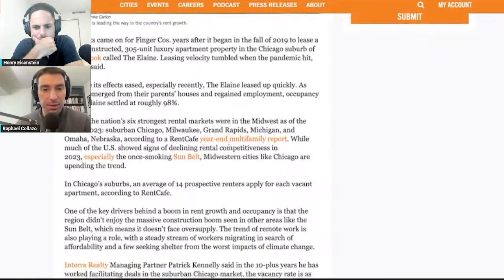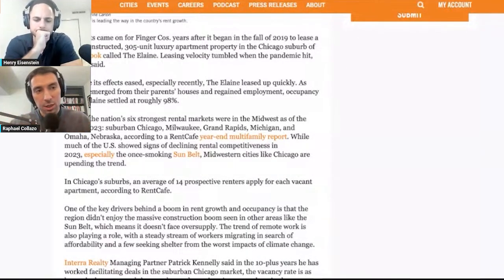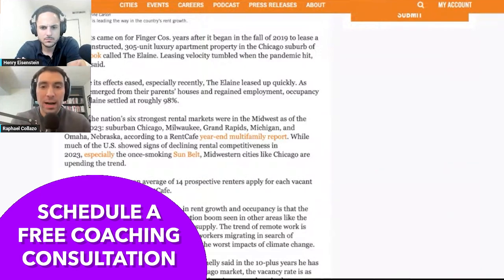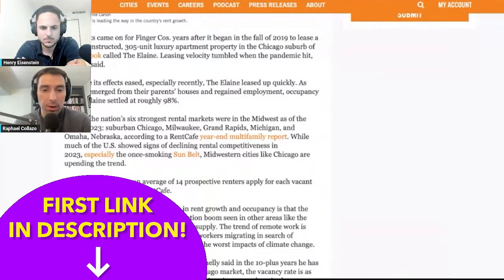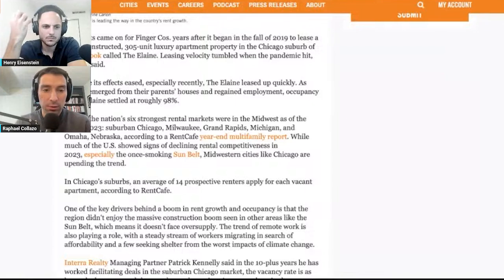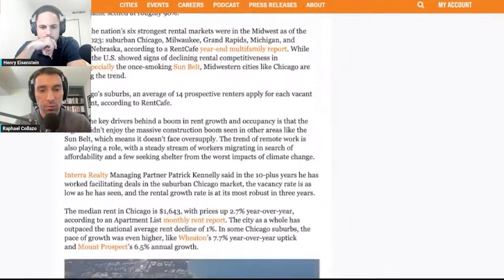I think part of the reason for this, and it doesn't necessarily directly relate it in the article, is that in the middle of the country, you don't typically see these boom and bust cycles. On the coast, when things are going really well, you see massive expansion in warm weather climates where people are moving to, and a lot of swings as far as equity is concerned. But when you go into an economic recession or a change in economic sentiment, you see more of a contraction in these volatile markets. Whereas in the Midwest, it's pretty stable. You may see slight increases and slight decreases, but for the most part, it's not nearly as volatile as some of these other markets. But regarding the reasoning for the increase in rents,